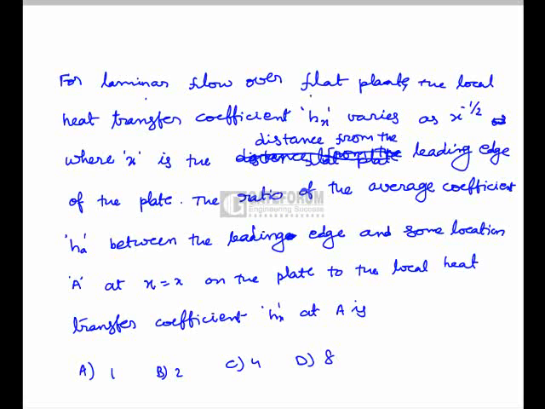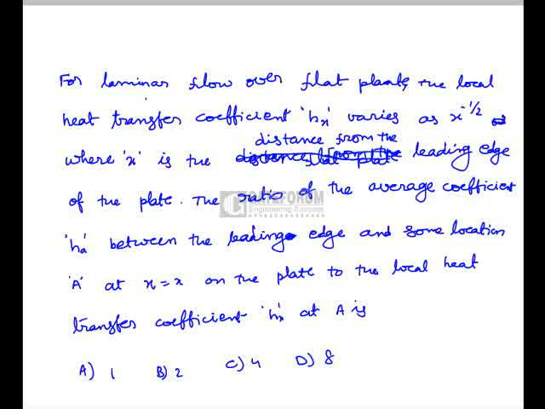For laminar flow over a flat plate, the local heat transfer coefficient hx varies as x power of minus 1 by 2, where x is the distance from the leading edge of the plate. The ratio of the average coefficient hA between the leading edge and some location A at x is equal to x on the plate to the local heat transfer coefficient at A is. So here